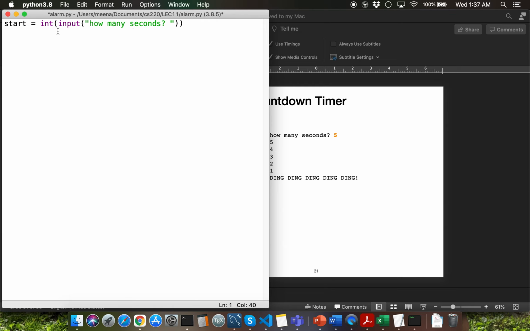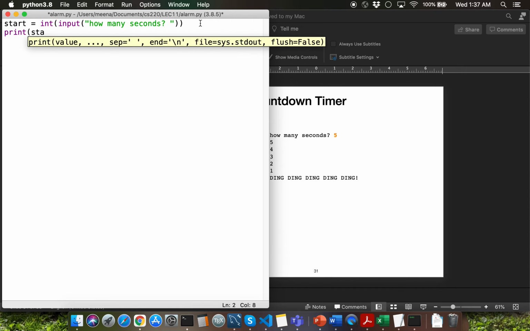What would happen when I run this particular line of code? The inner function call will get executed first, and you're going to replace that function call with the return value, which is going to be user input of string type. Then you're going to execute the outer function call, which is for the int typecast function. The return value of the int typecast function is going to get assigned into the variable called start here.